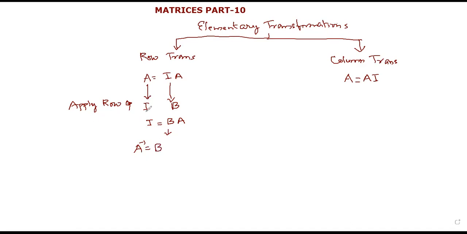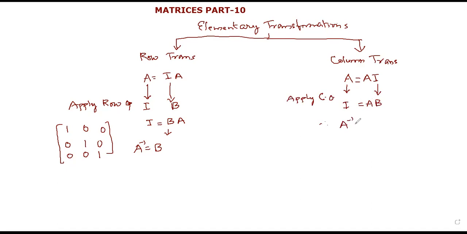And for making any matrix a unit matrix, first we will make 1 here, then with this one make 0, 0 below, then we will make 1 in the next position, 0, 0 here, then make 1 in the last position. For column operations, on the right hand side the I will be changed, A will not change, and on the left hand side we apply column operations to make A as I, and here you will get another matrix B. Therefore, it will show that B is the inverse of A.